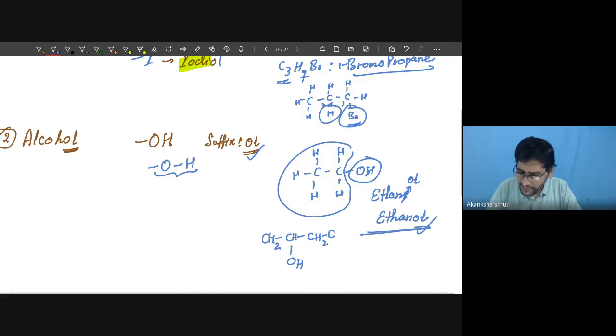Keep in mind the bond is not with the hydrogen but with the carbon. For this last carbon, 3 other bonds are there, so 3 hydrogens attached are written like this. What is this? It is butane,